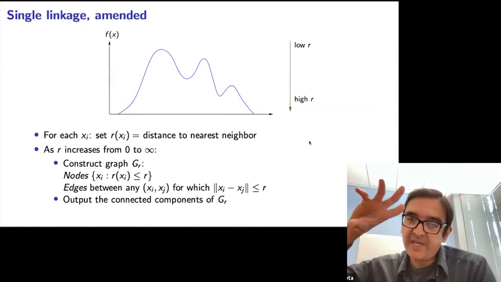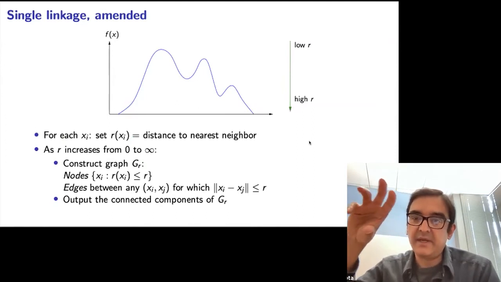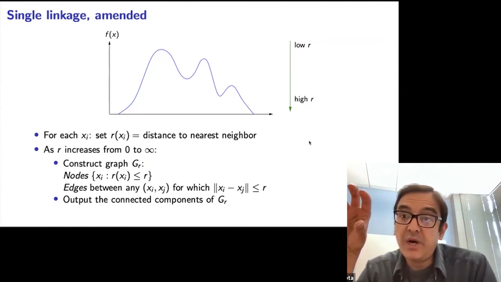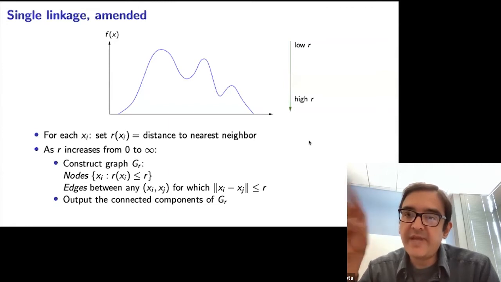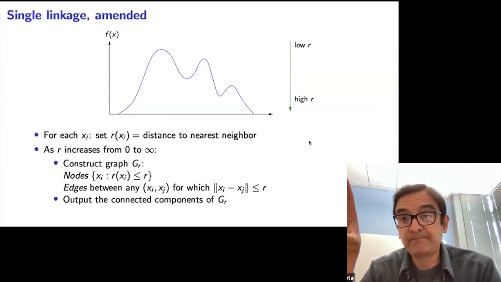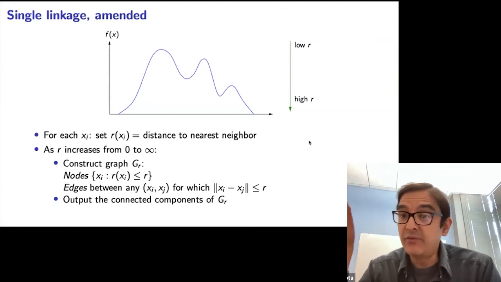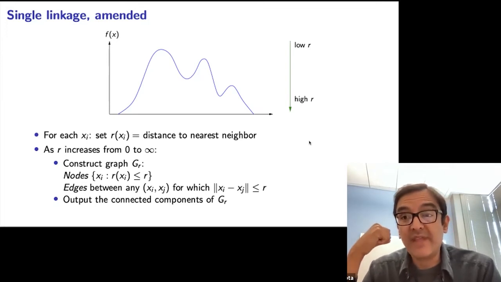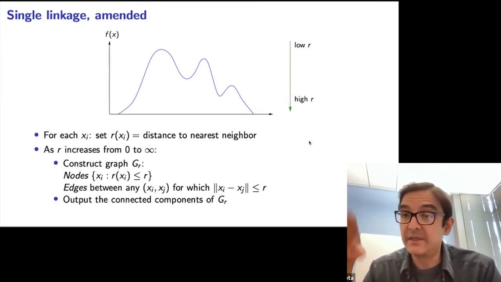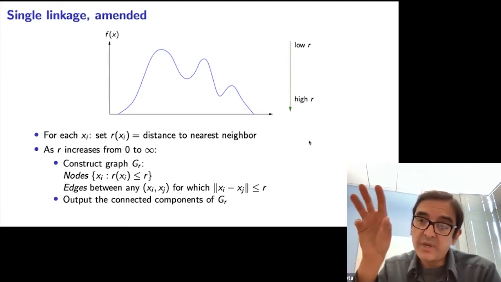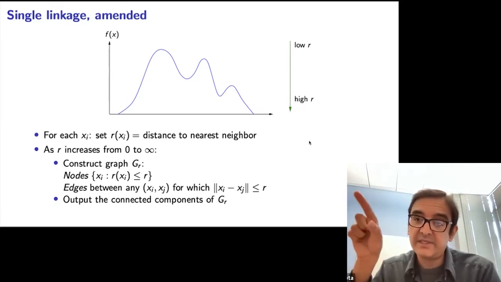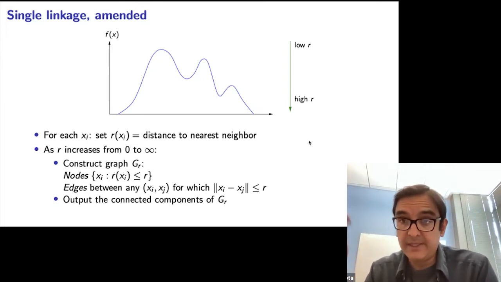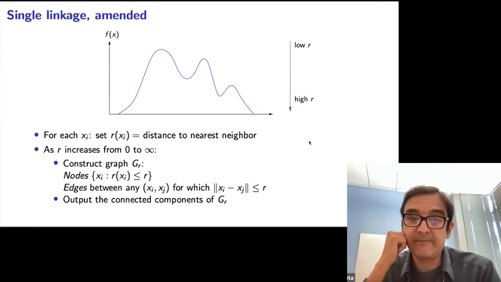So here's another way to think of single linkage. You can think of it as having a knob that it's gradually turning from 0 to infinity, okay? And when the knob reaches some value R, we join together all points at distance R or less, and we look at the resulting graph. We're going to call it G sub R. And we just spit out the connected components of that graph. We ignore singleton components. So we turn this knob, when we get to R, we join up everything at distance R, ignore singletons, and spit out the connected components, and we keep going. This is essentially what single linkage is doing, okay?